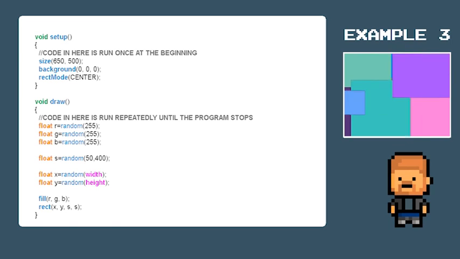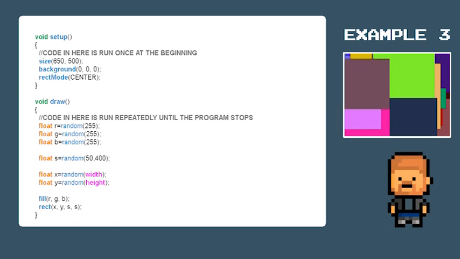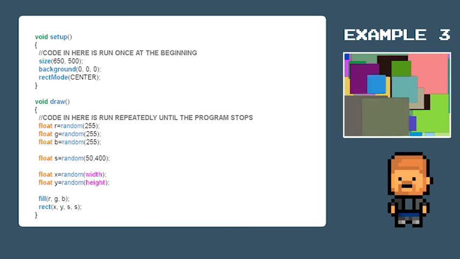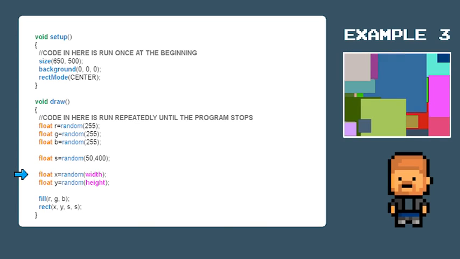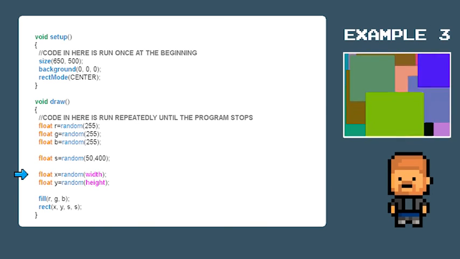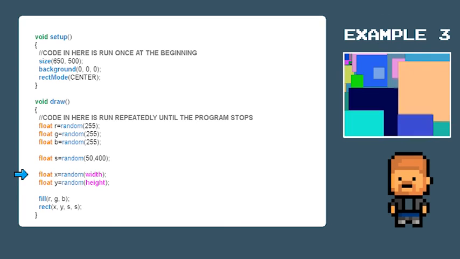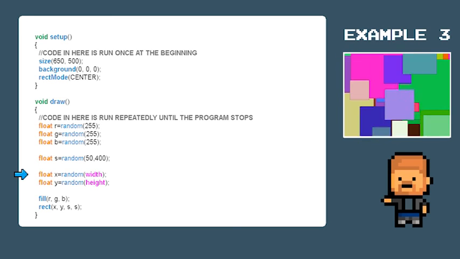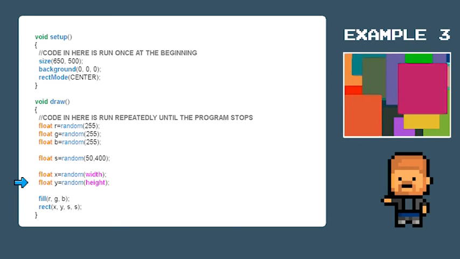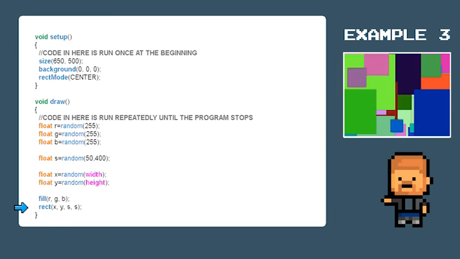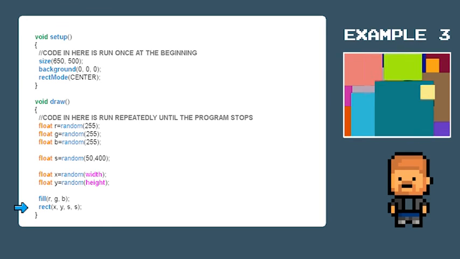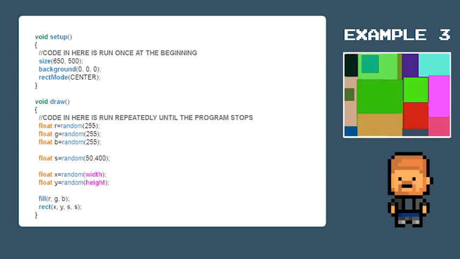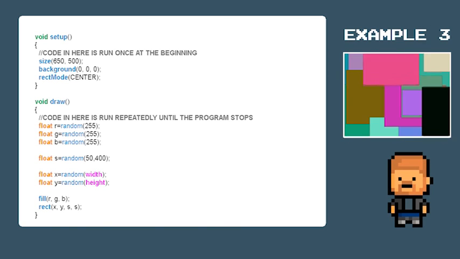And finally, example number 3. All throughout the program so far, we have had a static x and y coordinate to draw our rectangle in the center of the screen. Now we are going to mix it up a little bit, and we are going to declare a new float. x equals random width. Now width is an inbuilt keyword. It takes the whole width of the screen as the value. The same is true of the height. We now apply it down here, where we draw the rectangle, replacing the 325 and 250 with an x and a y. This will now draw randomly colored rectangles of a random size at a random location on the screen.